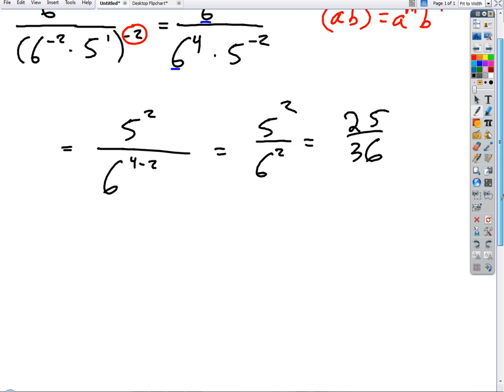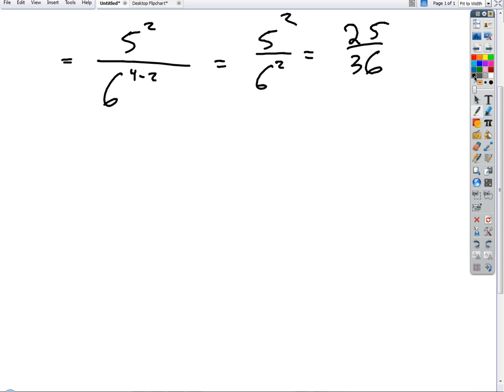All right. Now, something I want to show you, just to show that this is consistent with another thing you might naturally do. If I'm dividing like bases, here's another way to look at it. What if I have x to the 7th over x cubed? Think what that really means. x to the 7th is x times x times x, 7 times, so a string of 1, 2, 3, 4, 5, 6, 7, divided by